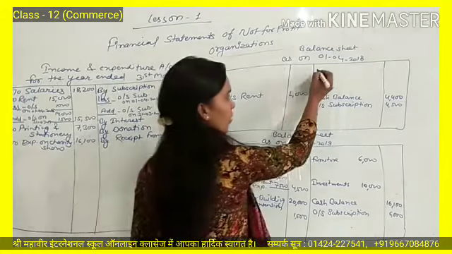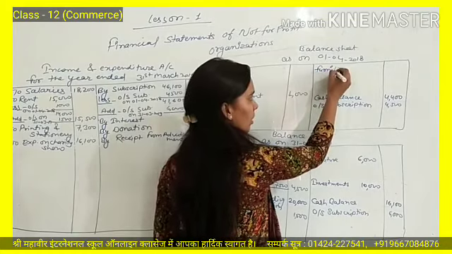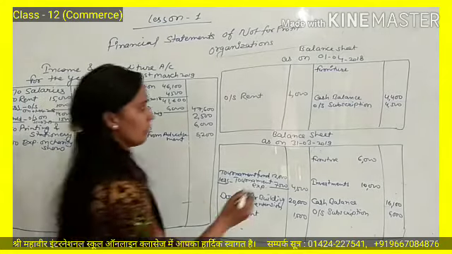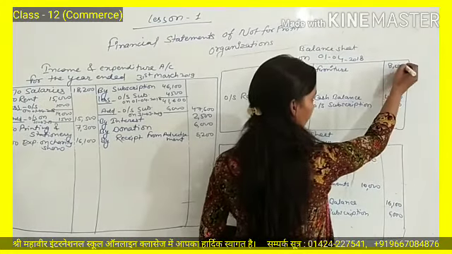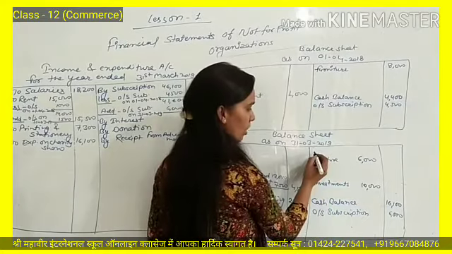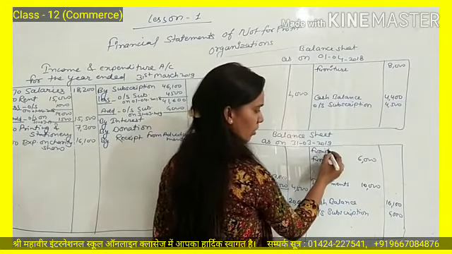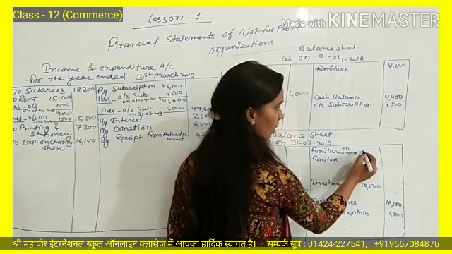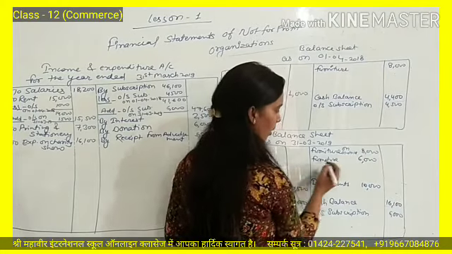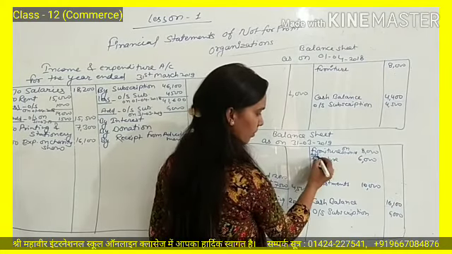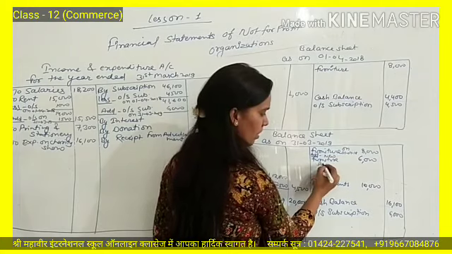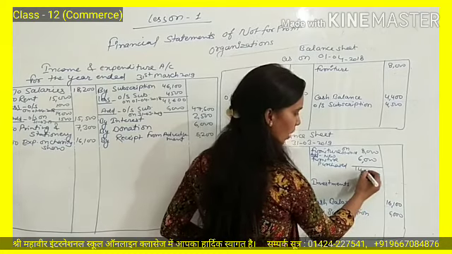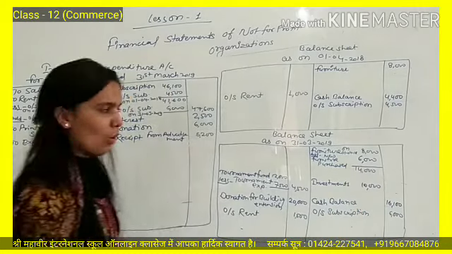So this will be shown first in the opening balance sheet. Amount 8,000, and the same 8,000 will be shown in the closing balance sheet also. Furniture on 1st April 18, that is 8,000. Here you can write add new furniture purchased 6,000, means total furniture now you have 14,000. Okay.